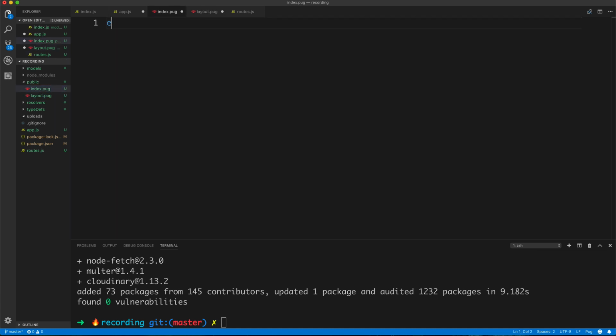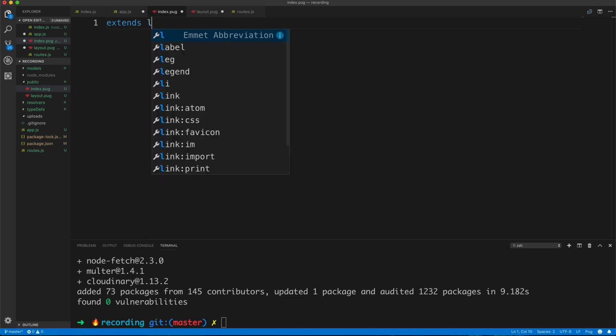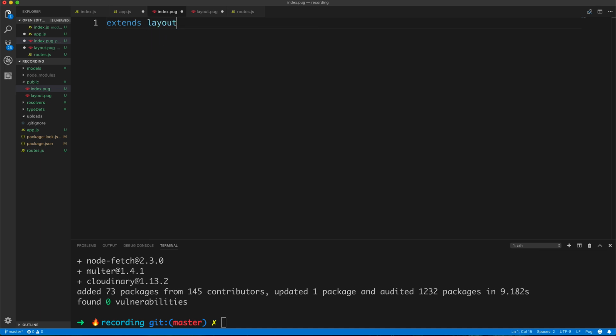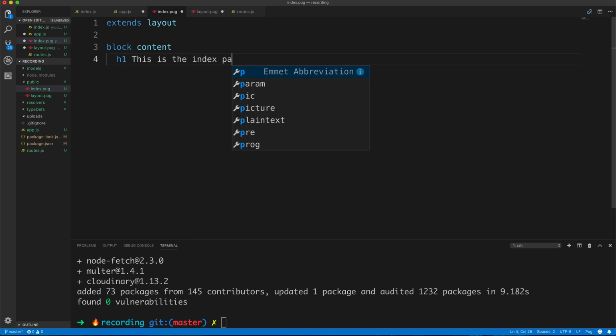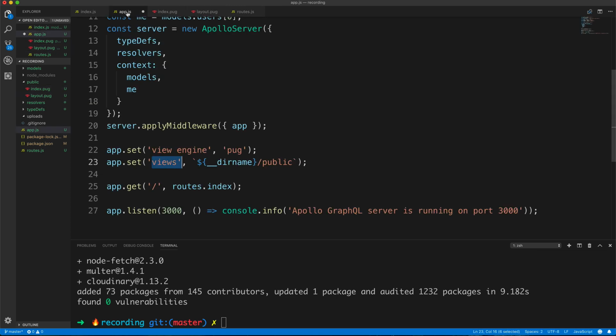First of all, index.pug is going to extend the layout that we created, and then we specify the content block. Here we can have an h1 element, and the h1 element can have a text that says this is the index page. So I can now save all of these,